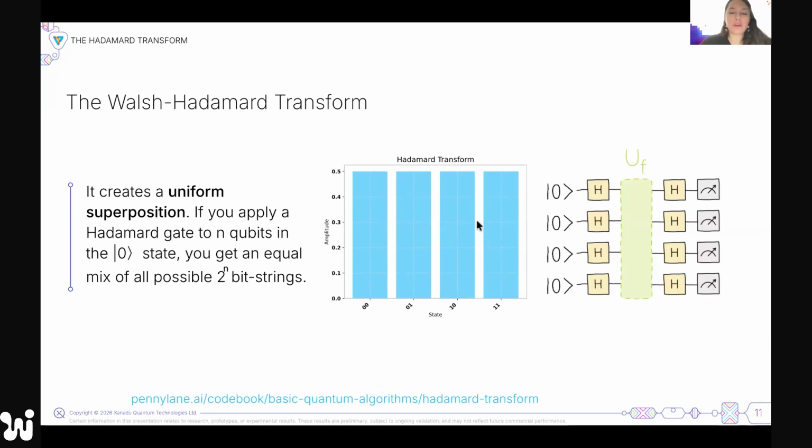So we can use the Hadamard transform to do that. We add Hadamards at the beginning. This is the Walsh-Hadamard transform. So we can add Hadamards at the beginning of my circuit. Then I add a routine that encodes some problem. And then at the end, I transform back. So I move to Fourier space, and then I move back.